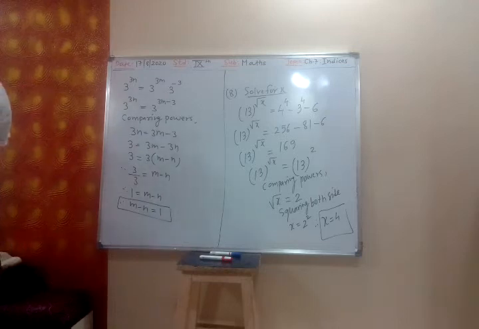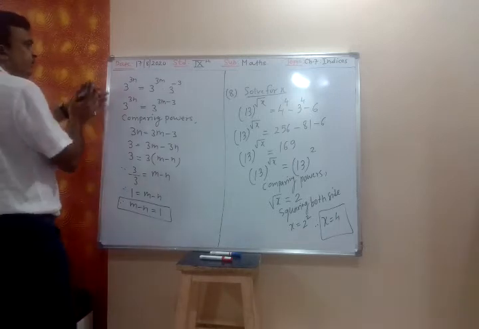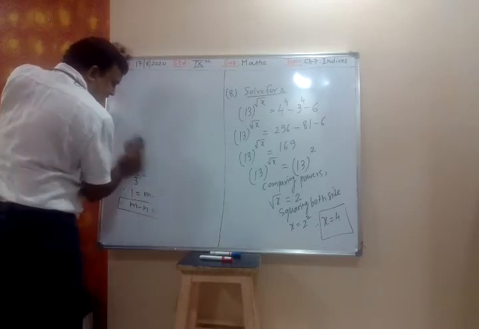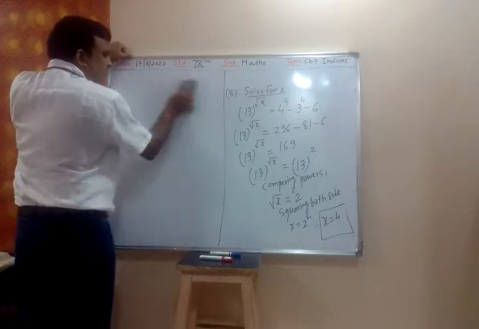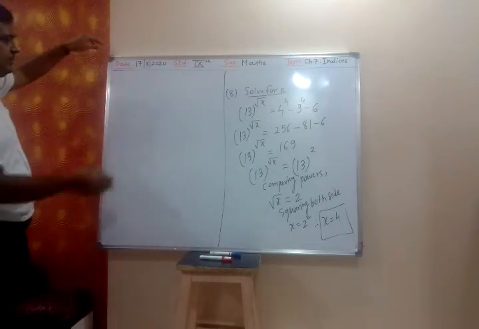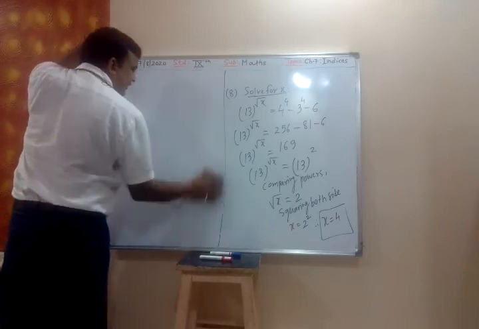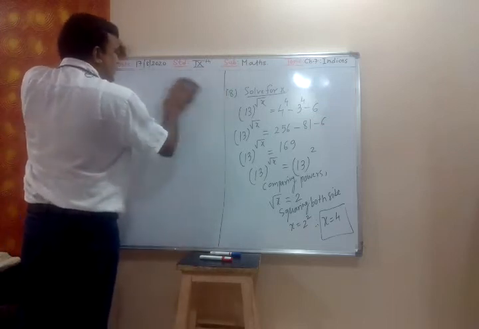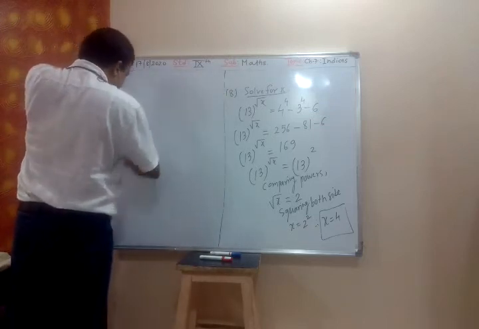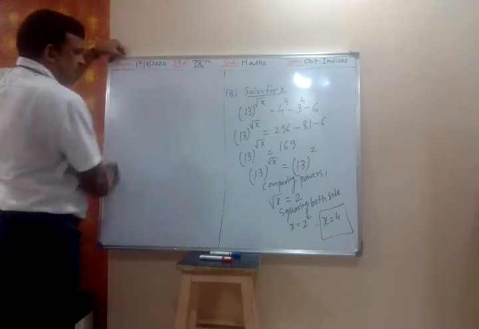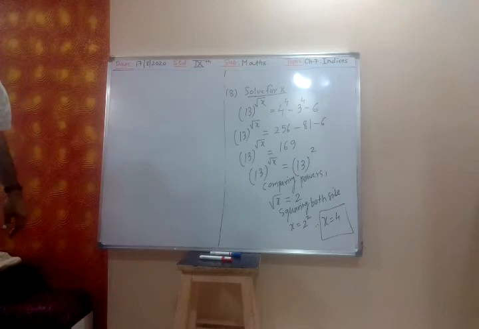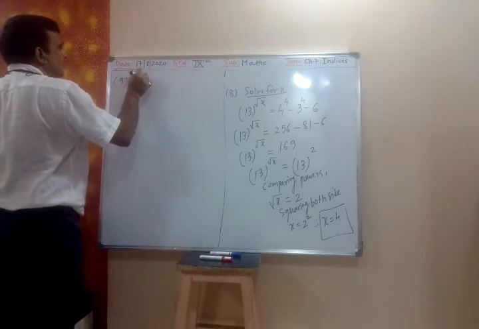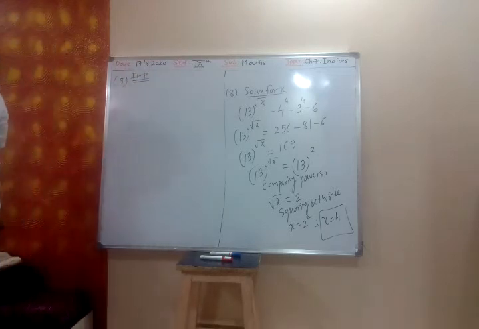Ninth one is easy. Should I give the ninth one as homework? Wait. See, the ninth one is slightly different. This type of problem we have not covered earlier. So let us do it. Ninth one, in fact, you mark it important. This type of problem is important for 3 to 4 marks.